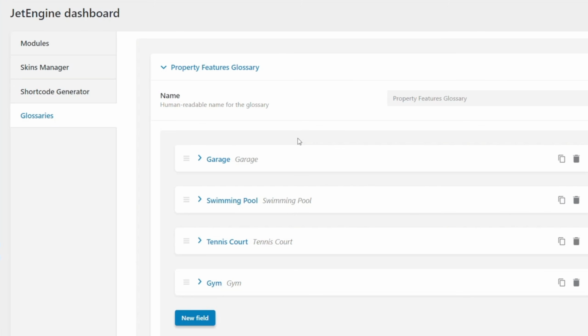The new glossaries feature means we have one centralized location inside Jet Engine glossaries that you can see here. It allows us to very easily add, remove, change, and update, and that will be reflected everywhere that uses that glossary feature. We will briefly touch upon this in this video, but it will have its own dedicated tutorial to give you